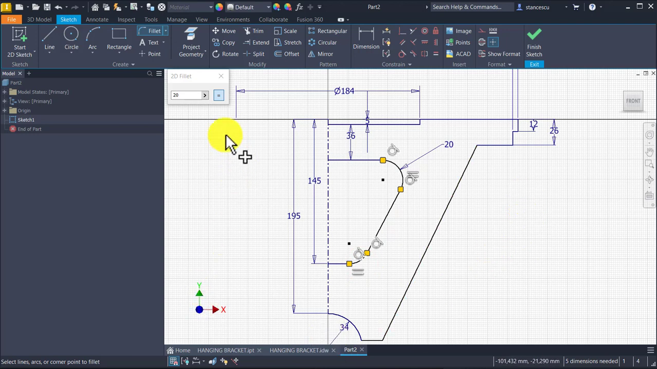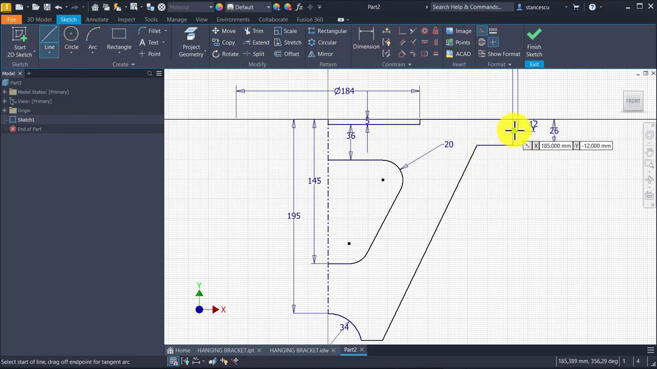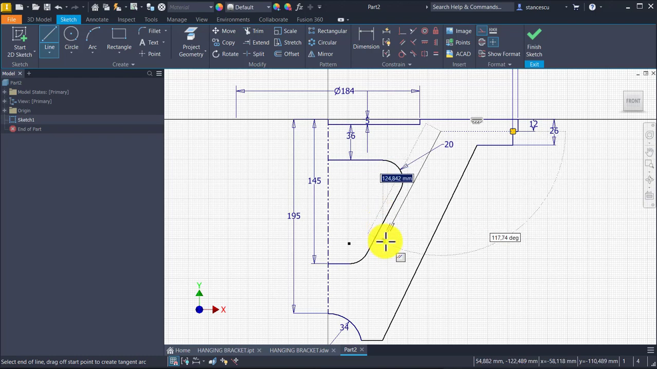Then I select construction to draw auxiliary lines. One is this horizontal, then a parallel to this. If I hover over this, I have parallel, you see now, and I go to this point, and then here